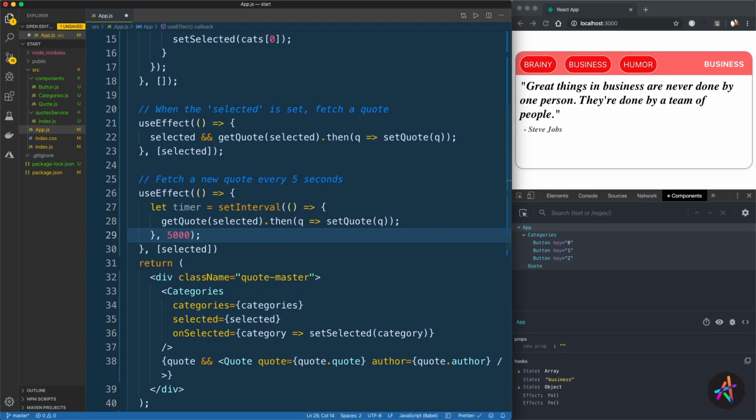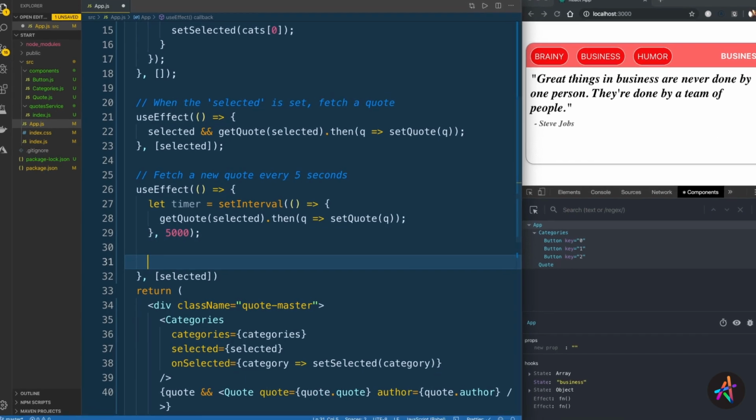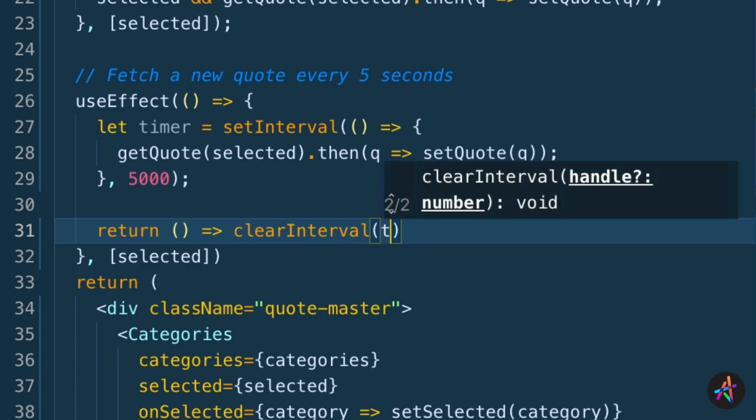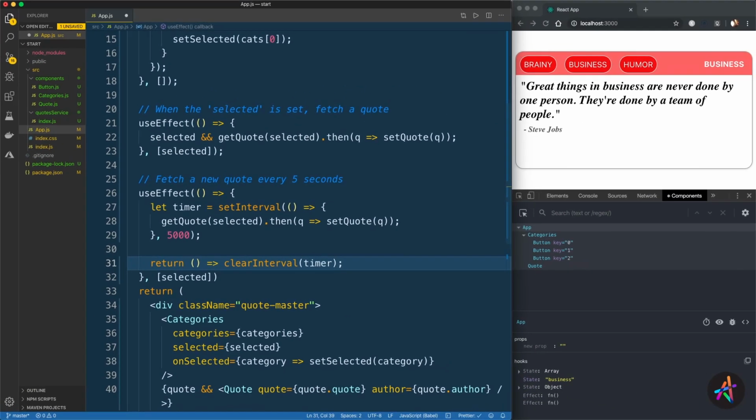This works fine, only that every time we update the selected property and this runs, a new instance of the setInterval would be created because we are not cleaning up yet. In the useEffect hook, cleaning up a side effect such as unsubscribing from a service or cleaning up a timer instance is as simple as returning a function. Here we can invoke clearInterval passing in the timer ID, and this will prevent memory leaks by removing unused instances